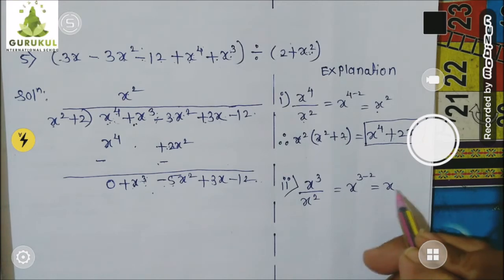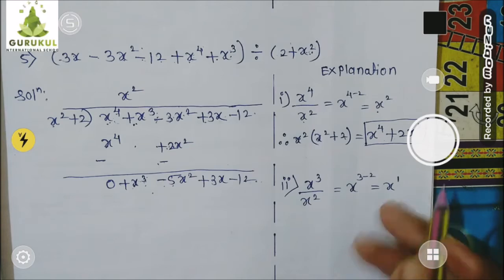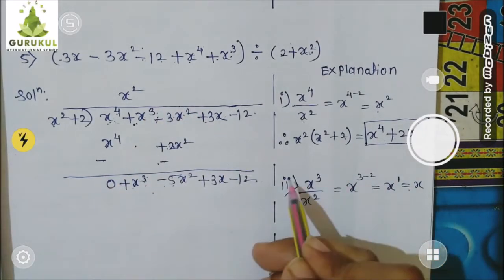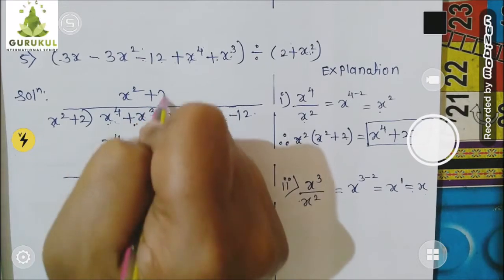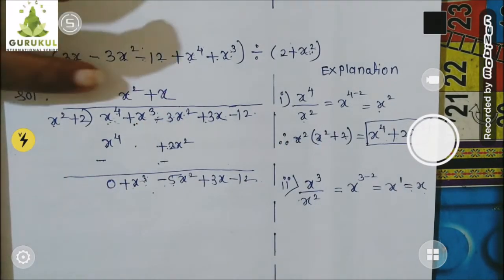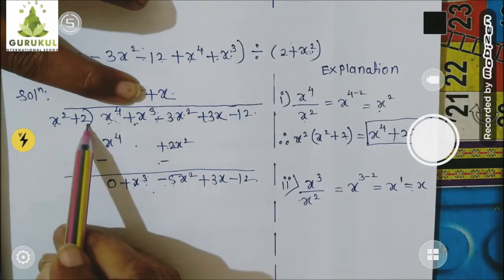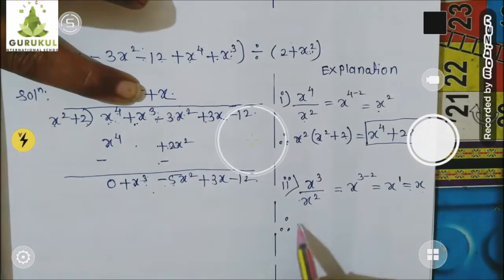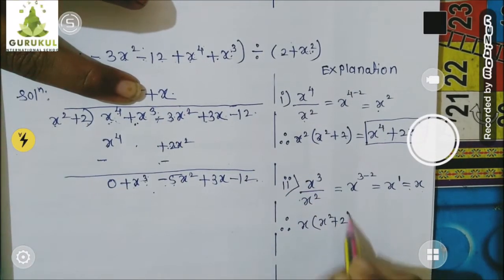Okay. So this I will take for division. x raised to 1 means only x, children, remember. So this I will write as a quotient. Children, this x, because plus upon plus is plus only. So plus x I will write over here. And now you know very well what the next step is. Now this plus x multiplied by this binomial. Okay. So plus x multiplied by this divisor, x square plus 2.